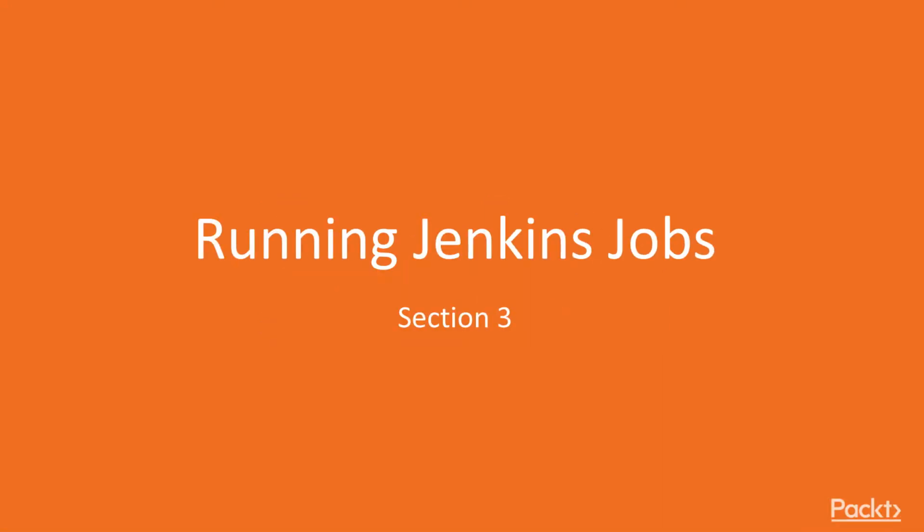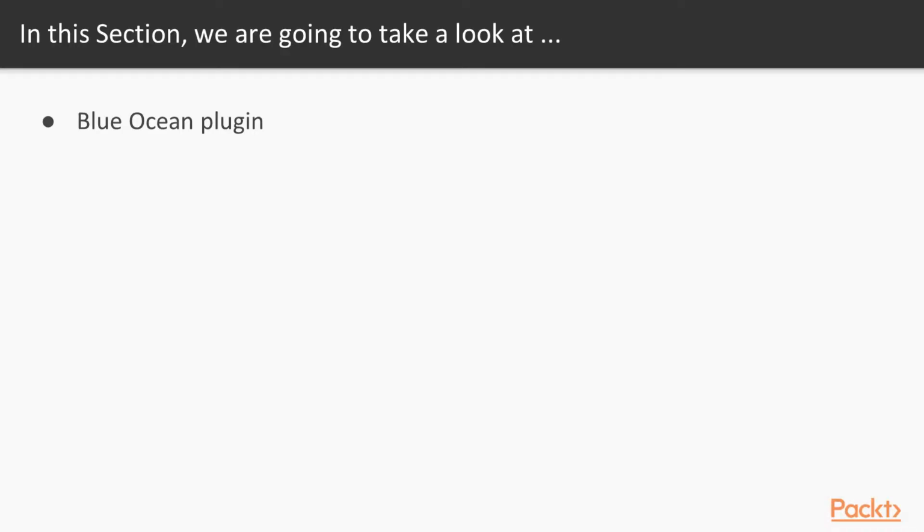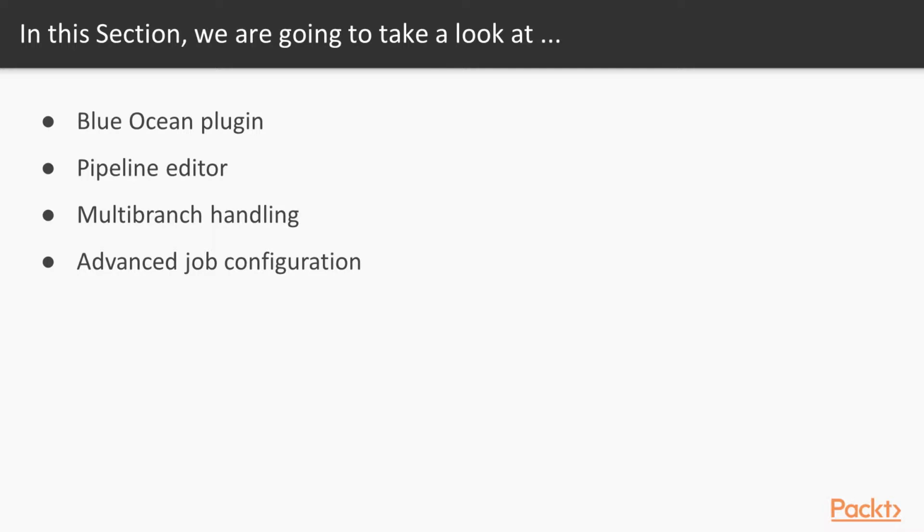Hello together and welcome to the third section of this course about running jobs in Jenkins. In the following we will have a first look at the Blue Ocean plugin, and we will also have a sneak preview of the Visual Pipeline Editor. Then we take a look at how to handle multiple branches in Jenkins, and next we are going to look at job configuration topics. Afterwards we see how slaves can help us, and at the very end we are going to look at some